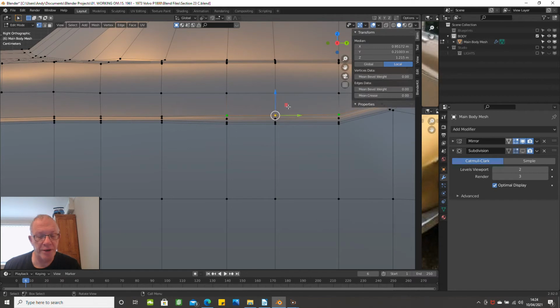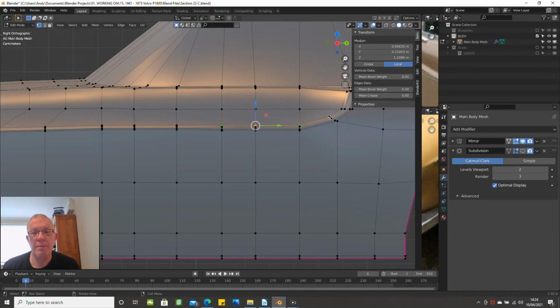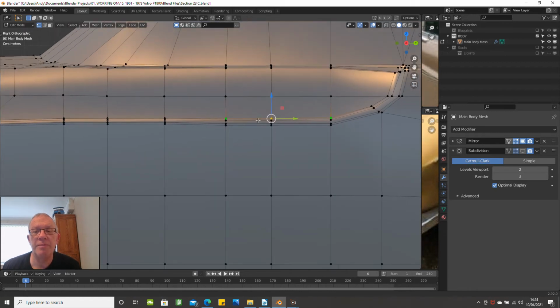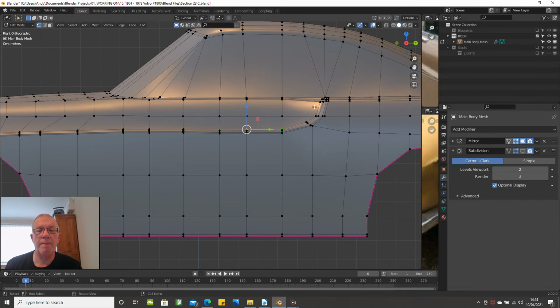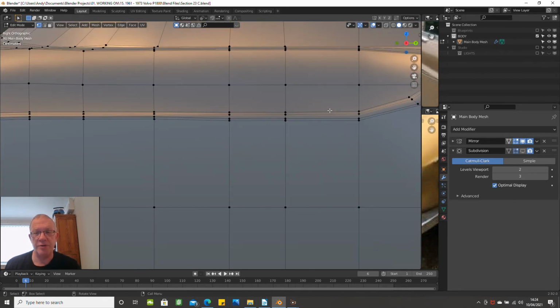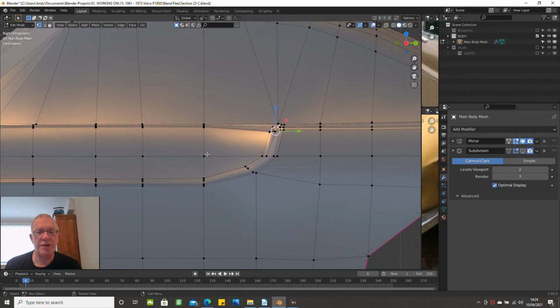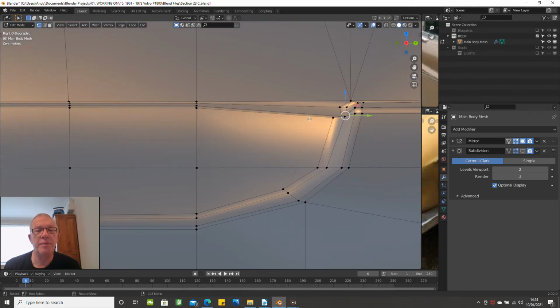Choose all these three, GG, and bring them down. So they're similar height. Get rid of N for a moment. So what have we got here? These, if you want to zoom in to a vertice and it won't zoom in, just press the dot. So these